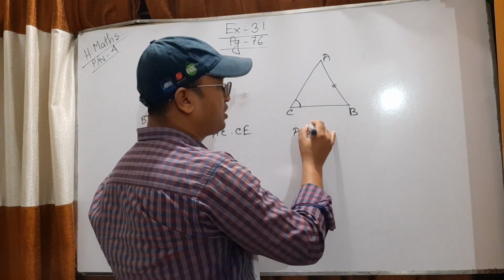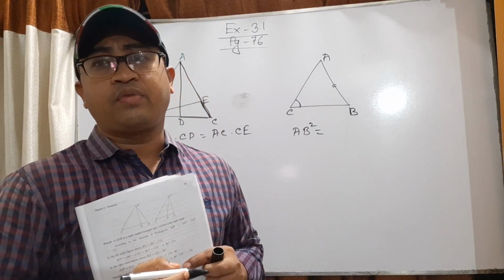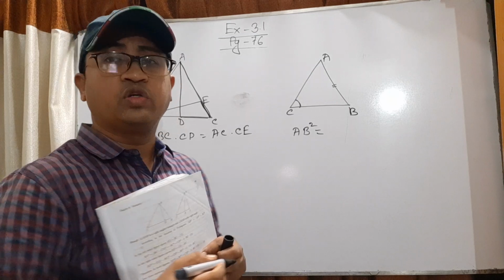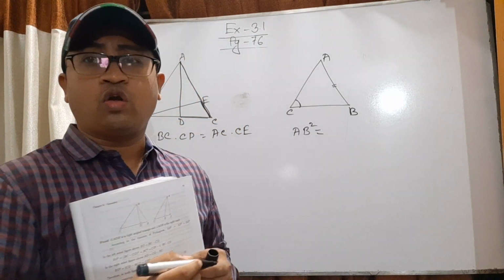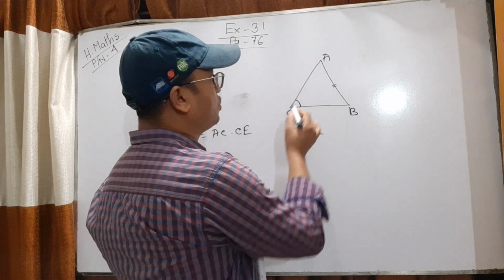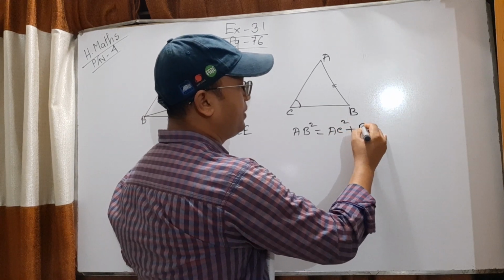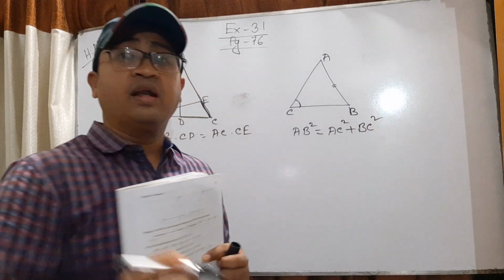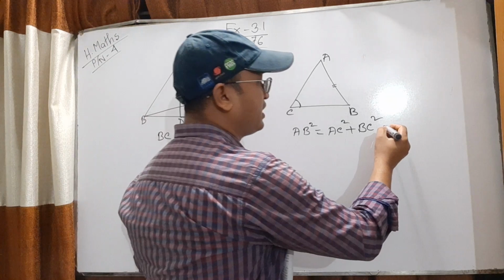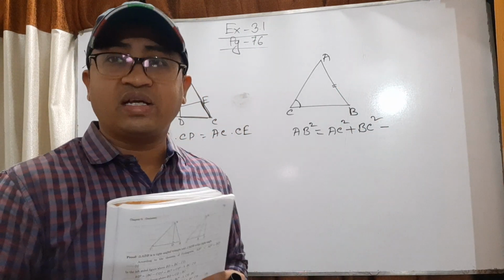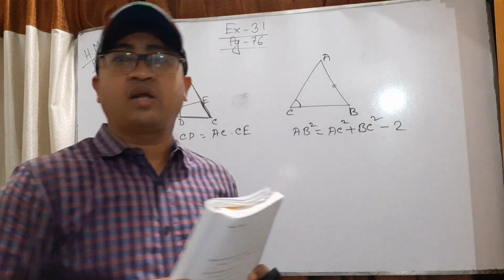So what is the statement? The square drawn on the opposite side of the acute angle, that is AB, so it will be AB square, equals the square drawn on the other two sides, AC and CB. AC square plus BC square. That diminished, that is reduced, subtract. So we should give a minus sign there. Twice the area of a rectangle, so 2 times the area of the rectangle.